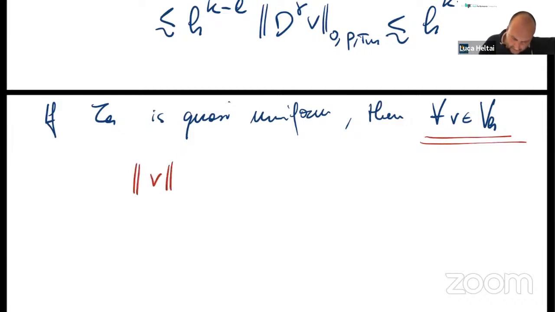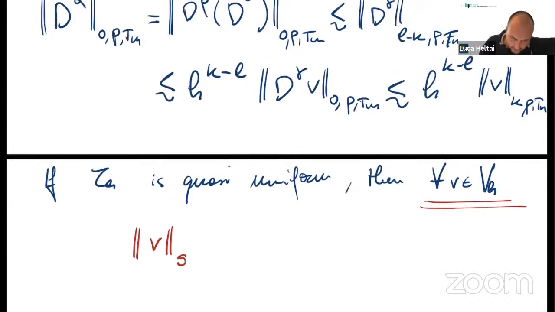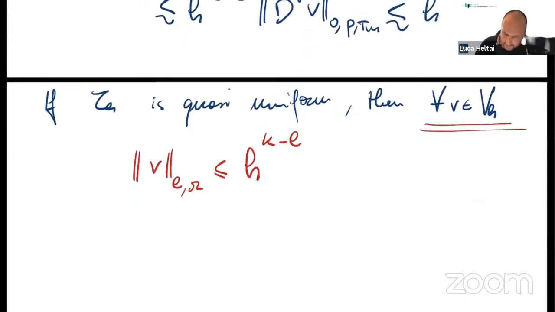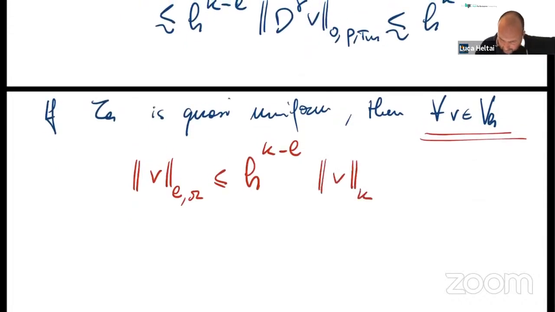So you can write V norm as, I used K and L there, so let me just use K and L also here. H to the power K minus L and norm V K omega. And in this particular case, this estimate is global, provided that is global